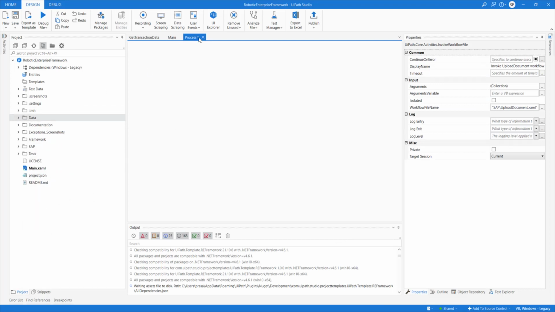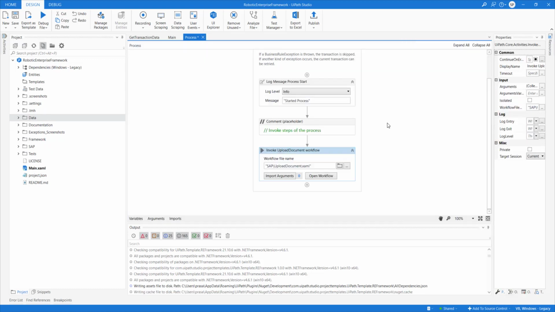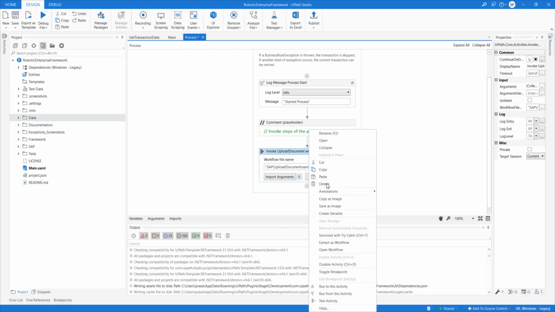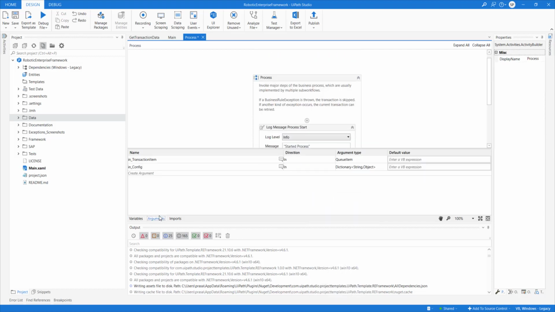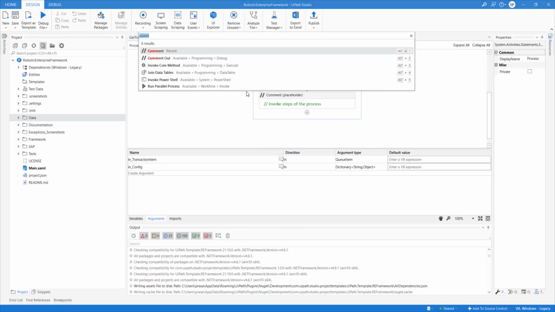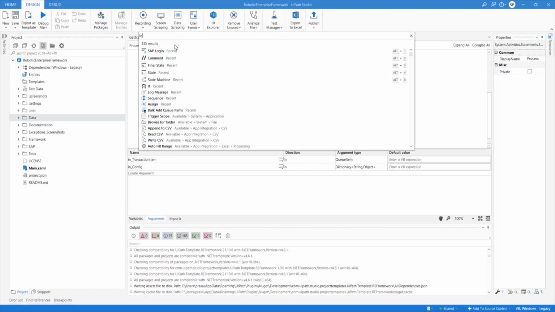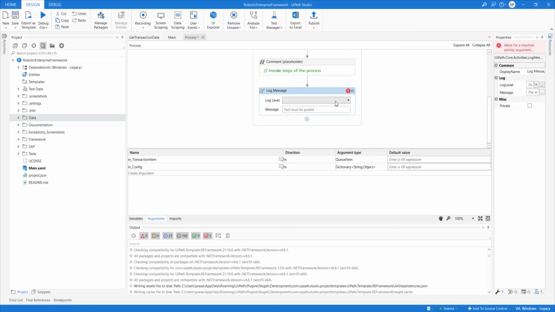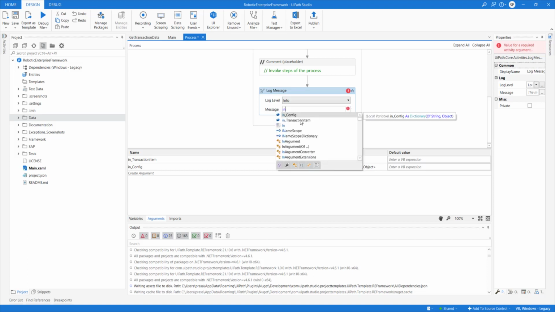Okay. Now go back here and come into the process. So we have configured this to work with the process. I don't need to call this because I am not using it. What we can do is, in the arguments we have the transaction item, right? So let's add a log message here and say info, and then the transaction item dot specific content like we did yesterday, right?